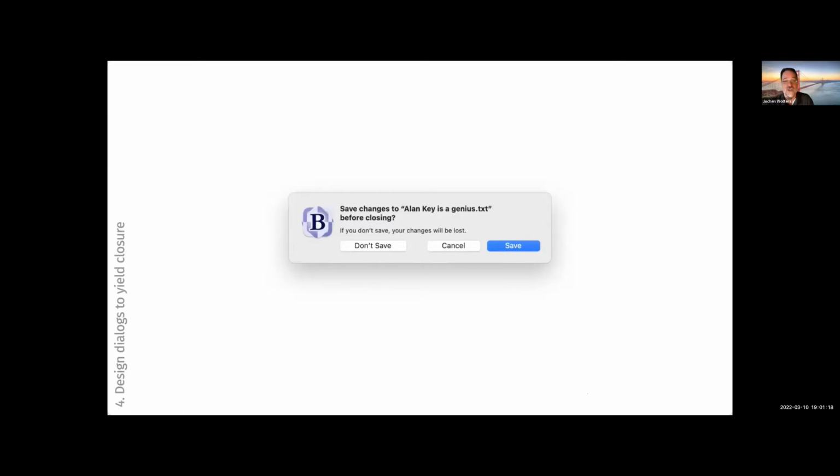If you close a window with unsaved changes, then you get this dialog box. It is modal versus the document, so you cannot change the document anymore. And there are exactly 3 meaningful options for taking action at this point. You can save the changes. You can decide not to save the changes, or you can cancel the operation and go back to that document